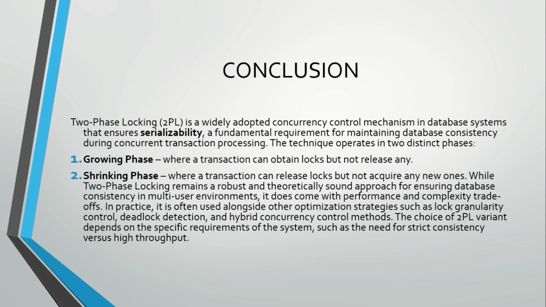While two-phase locking remains a robust and theoretically sound approach for ensuring database consistency in multi-user environments, it does come with performance and complexity trade-offs. In practice, it is often used alongside other optimization strategies such as lock granularity control, deadlock detection, and hybrid concurrency control methods. The choice of 2PL variant depends on the specific requirements of the system, such as the need for strict consistency versus high throughput,